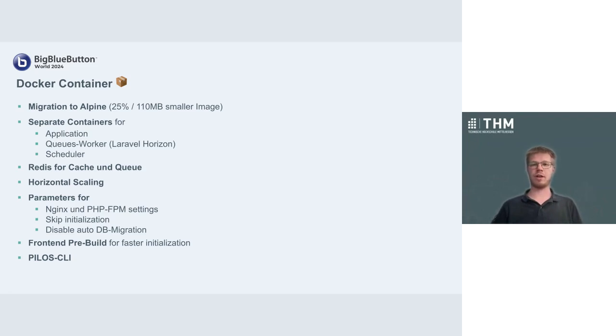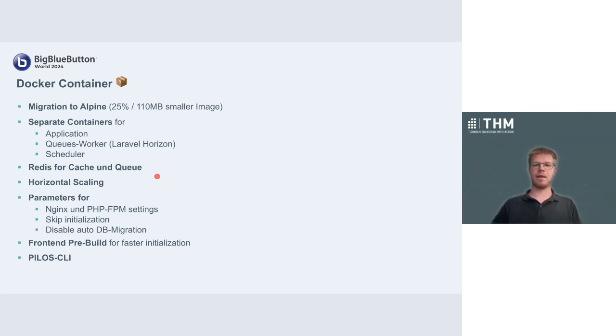Then we have a queue worker that's doing some tasks that should be run asynchronously. And then we have a scheduler for different features that should be run every 1 minute, every 2 minutes, every day, and so on. Then we added Redis as a cache and queue engine to allow for this horizontal scaling, so that they share the same knowledge about the different user sessions